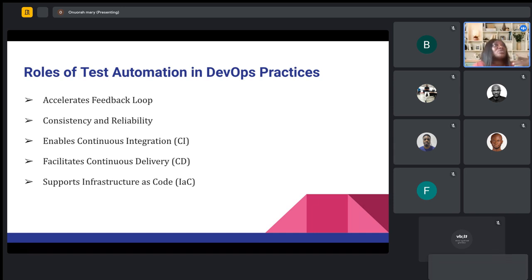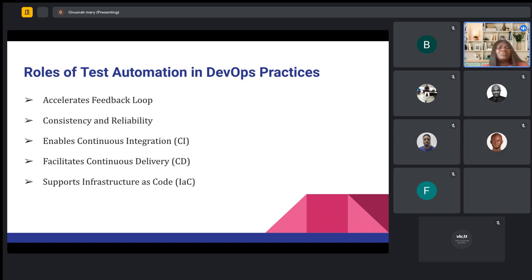Because if there's an error, your test automation will not allow it to pass a certain stage, depending on your setup, which we will talk about in the later part of this presentation.